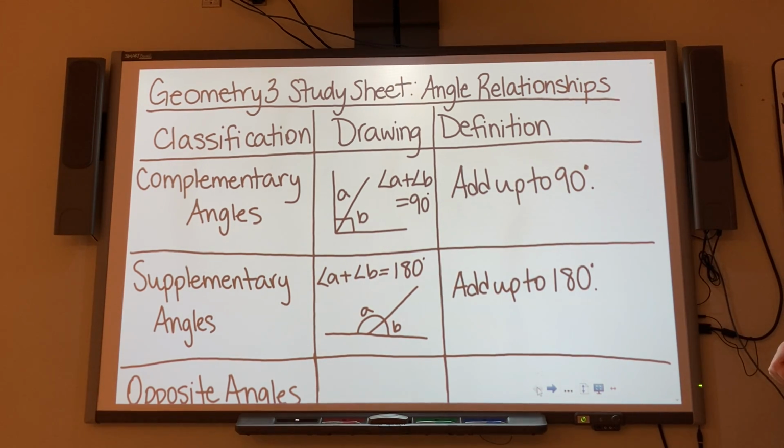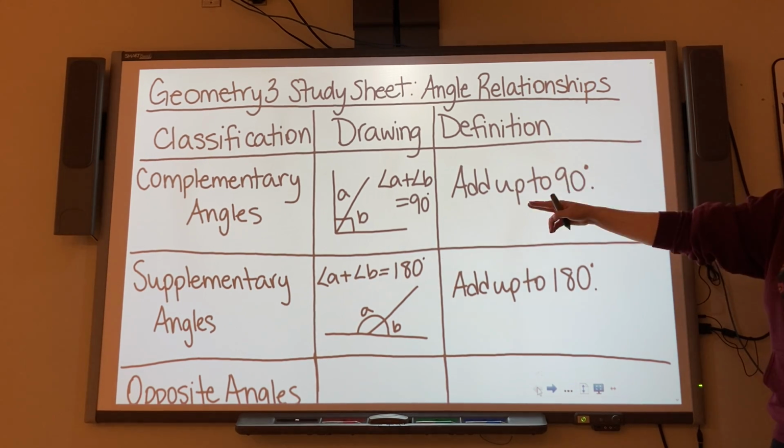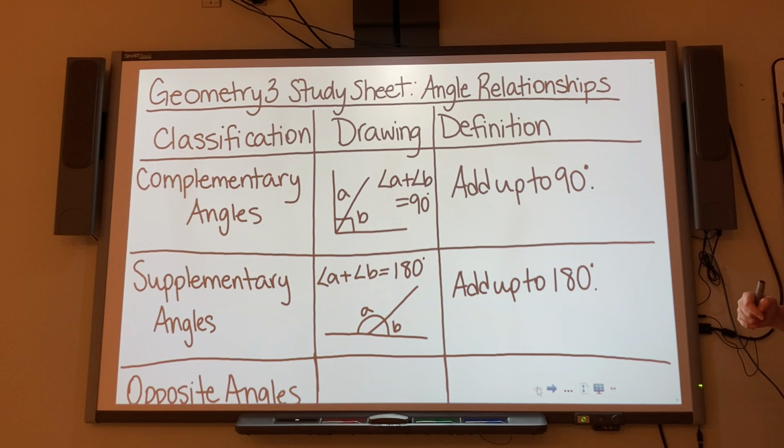So that's your complementary angles, that's your supplementary angles. Supplementary add up to 180, complementary add up to 90. Complementary angles look like a right angle. Supplementary angles look like a straight line. So the next one we have